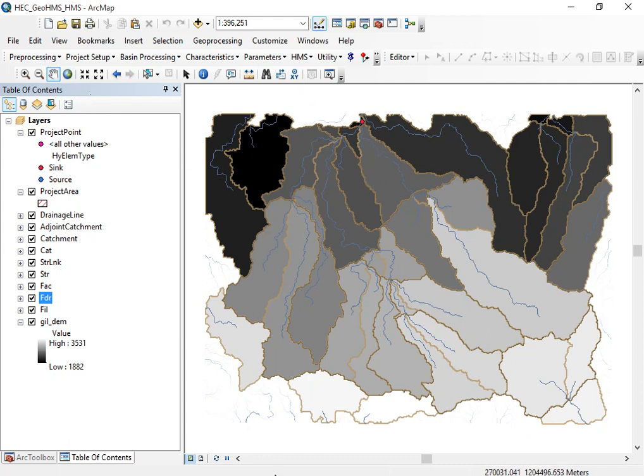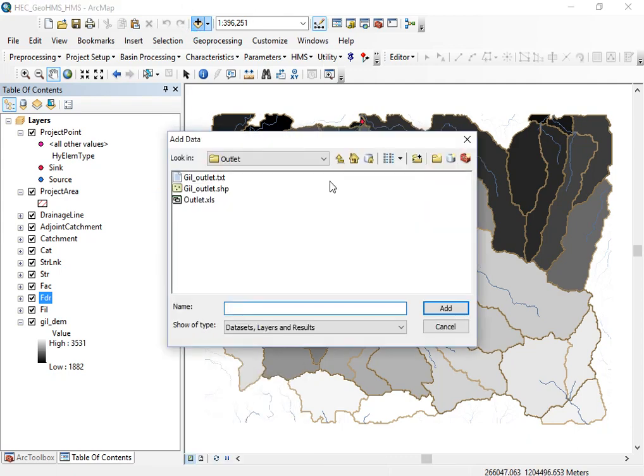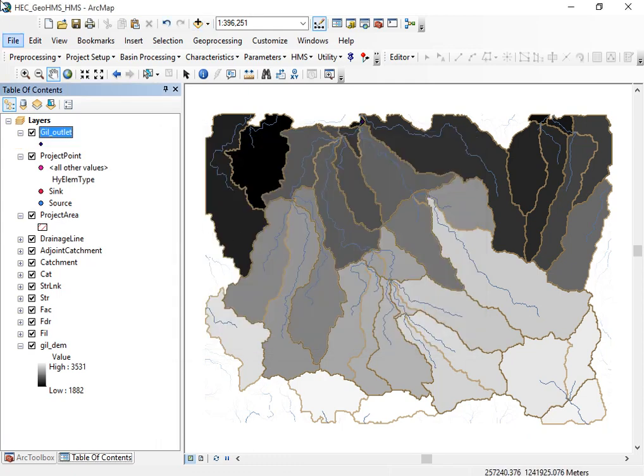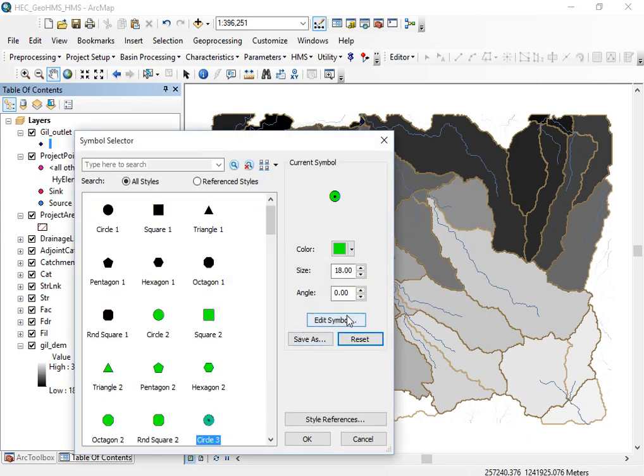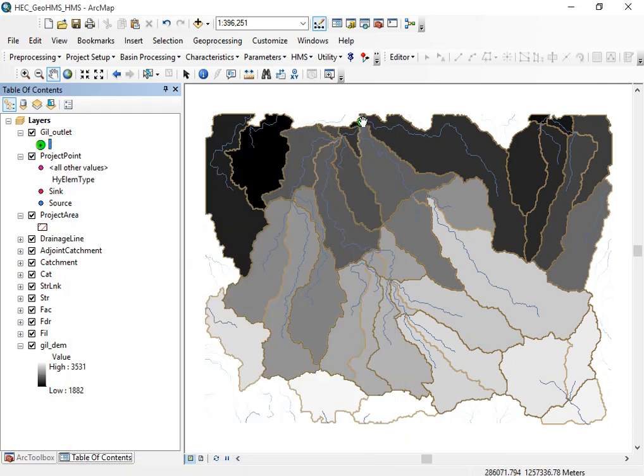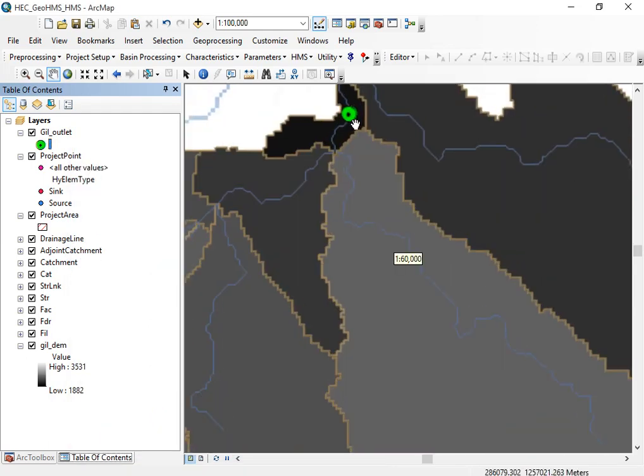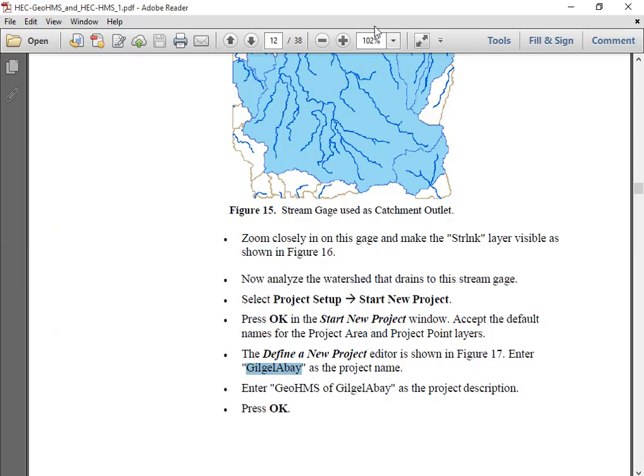After that we can add our outlet. Add your outlet here, in such a way. This is the outlet of the watershed. Let us reduce the size here. Yeah, this is the outlet of the Gilgil Abai watershed. And if you uncheck this one, the second step here is